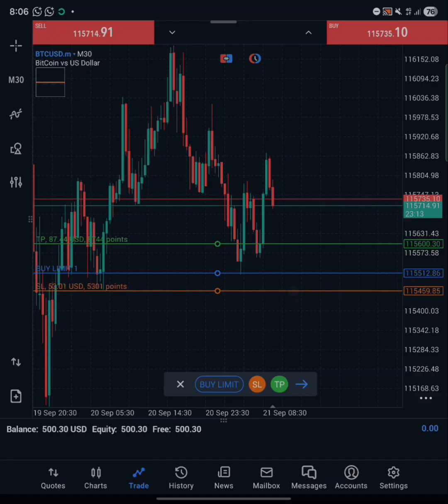So your stop loss can be at 115,459. Yeah, just taking 1:1 risk to reward. So these are just the things you get to know. You can't just get to know it immediately, but with time it will be very, very simple. And this particular pip we are talking about, the full meaning of pip is percentage in profit. A percentage in profit. That is what pip is.